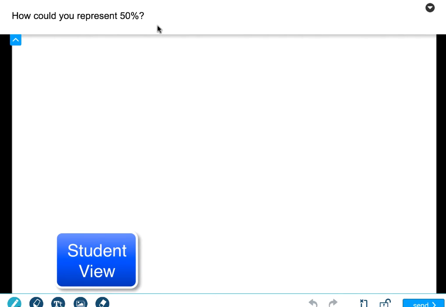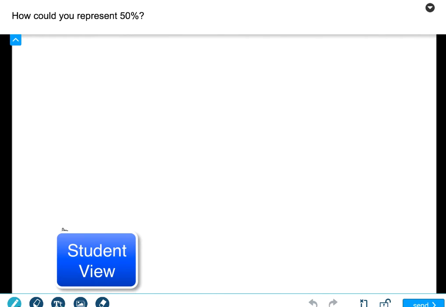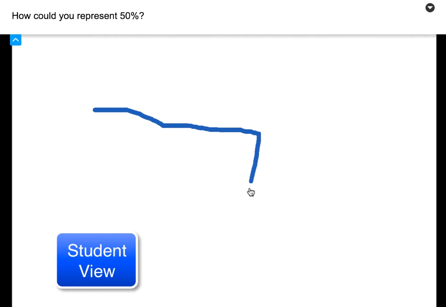So on the student screen, they're going to actually see the question here, how could you represent 50%? They can actually minimize that if they'd like some more space to write anything. And on the bottom are the tools that they can use to represent that 50%. So down at the bottom we would have a pen, and they can choose whatever color. In this case here, they may show